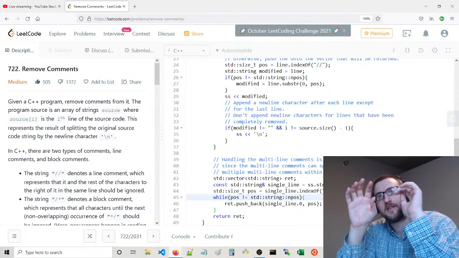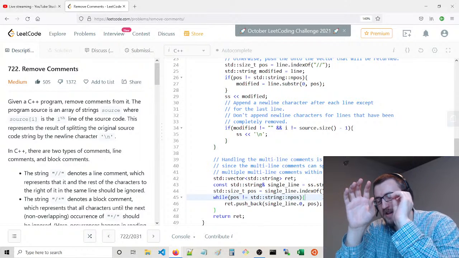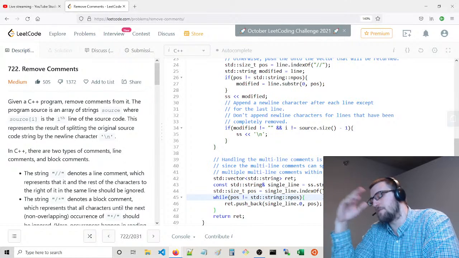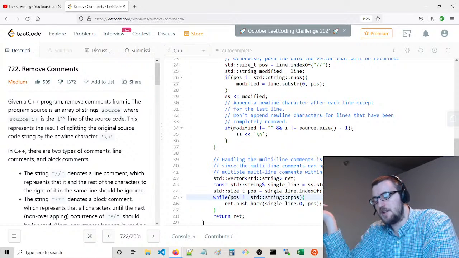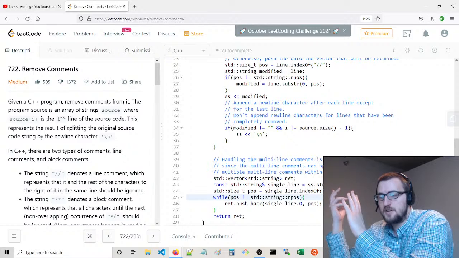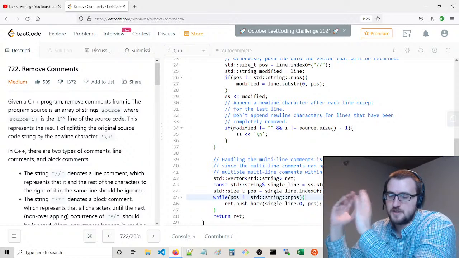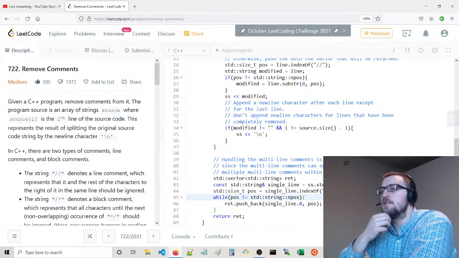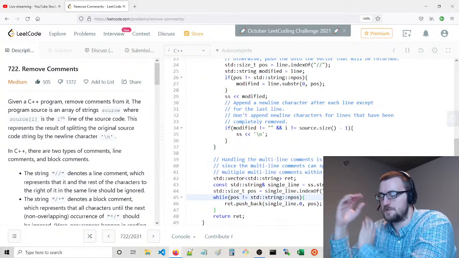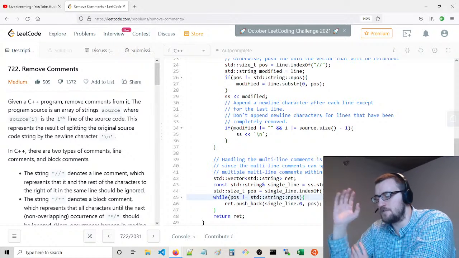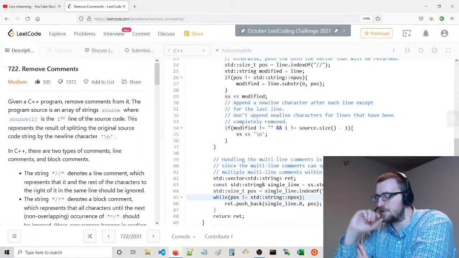Once we find it, take that piece off if it's not empty and save it, then find the next part, scrub forward until the block closes, and then scrub again until we find an opening index, and take that chunk and save it. If we get to the end, we also want to save whatever's between the last closing index and the end, if it's not empty.